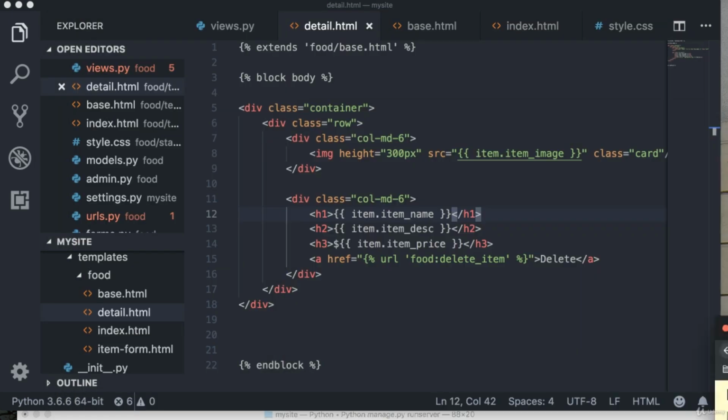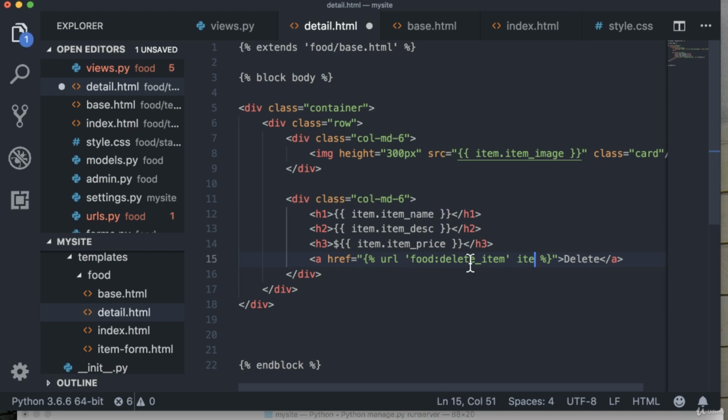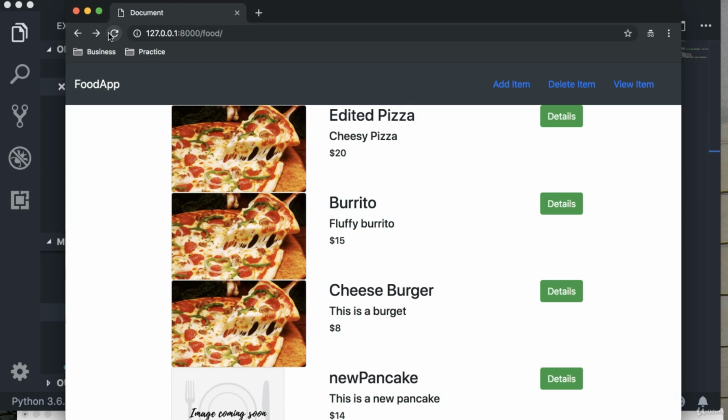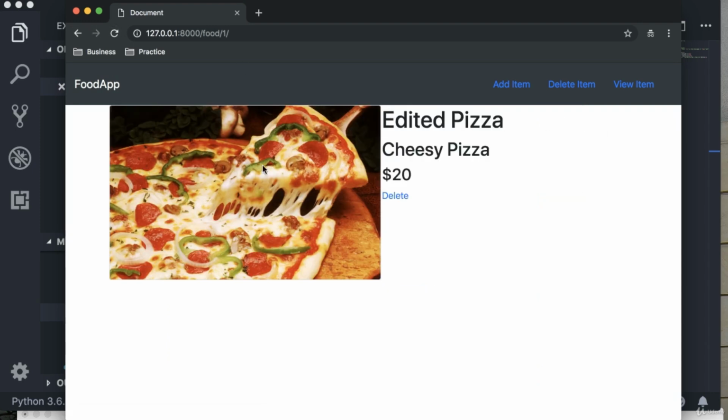Okay, so the issue is that we have actually passed in the URL right here, but along with this URL, you also need to pass in the ID of the item which is deleted. So we just need to go ahead and type in item.id. So now once we are done with that, let's again go back over here, hit refresh, and hopefully this time everything should work fine. So now when we click on details, as you can see, you have a delete button